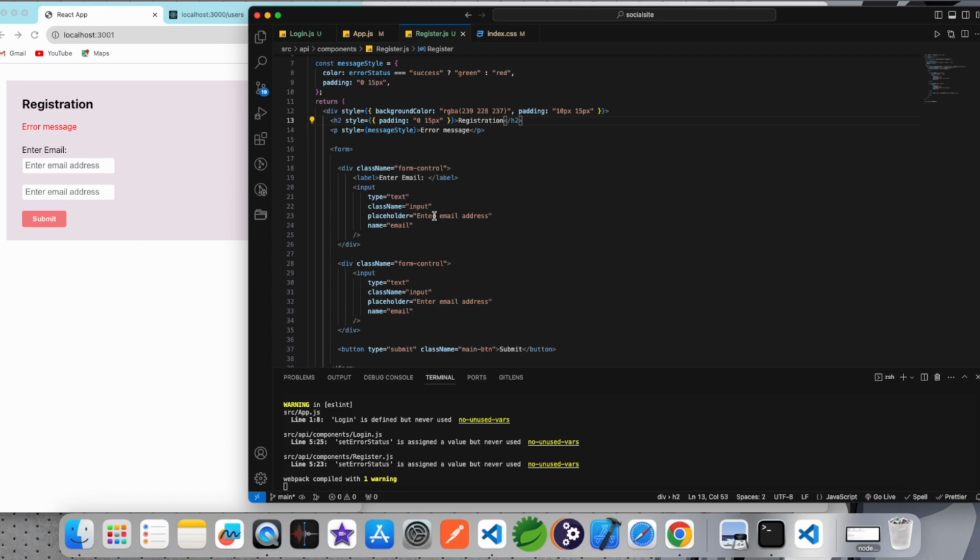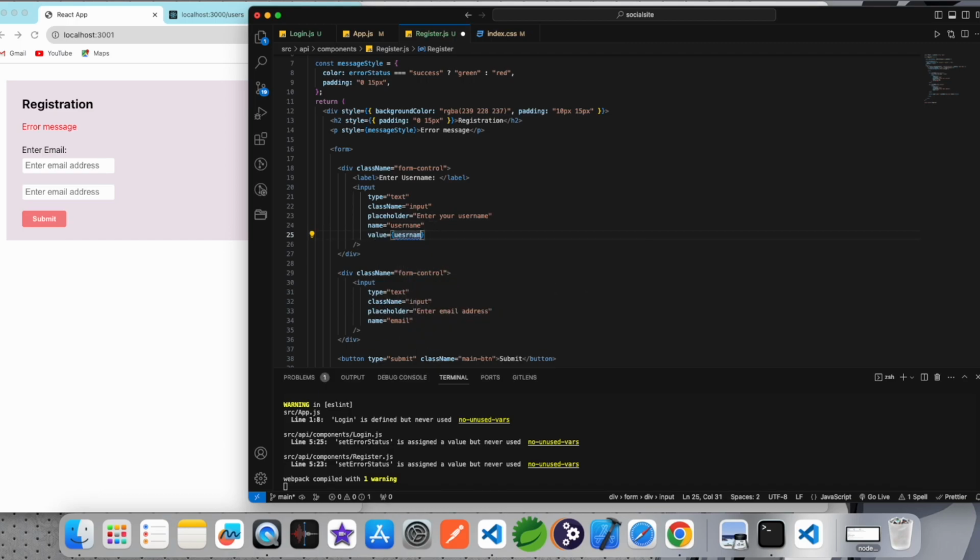And in the registration part I think there are 3 fields required: username, email and password. I change, first one is for username,